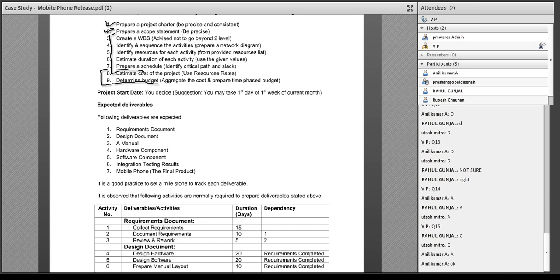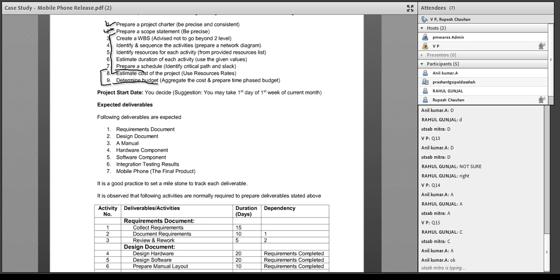Also think of some risks involved in that. List down those risks. Okay, these are the risks which we perceive. The charter is very important to prepare the rest of the stuff. By evening I will send you the template for the scope statement also. You can fill in that statement. Okay, the rest of the things you can do with the help of an Excel sheet.